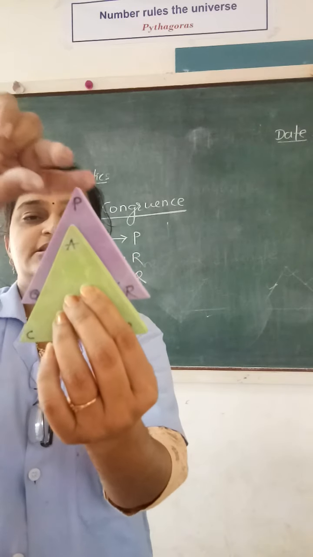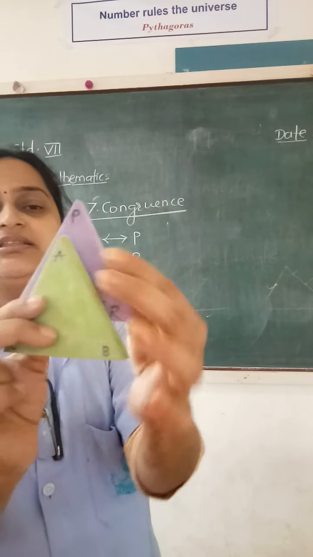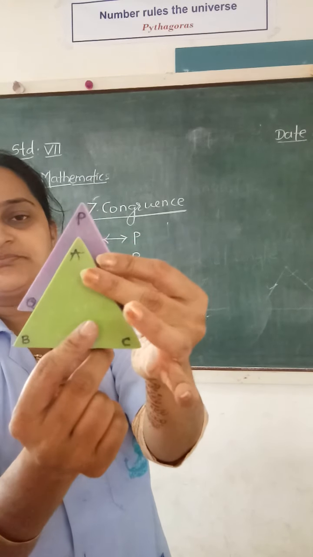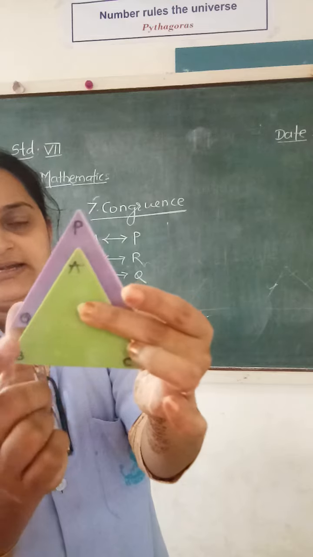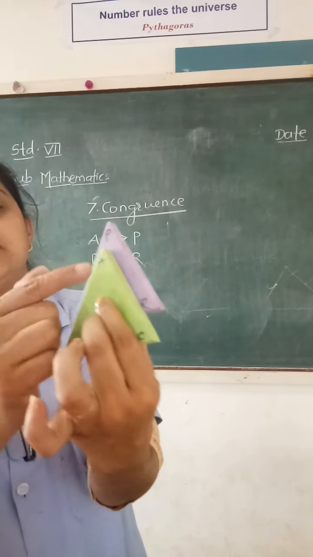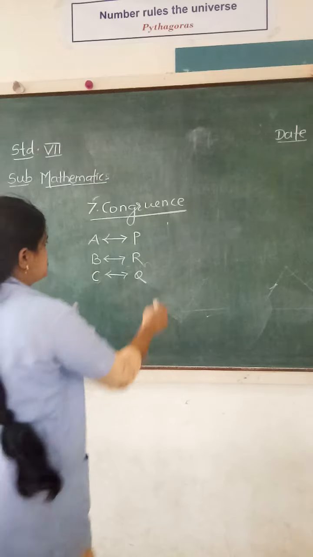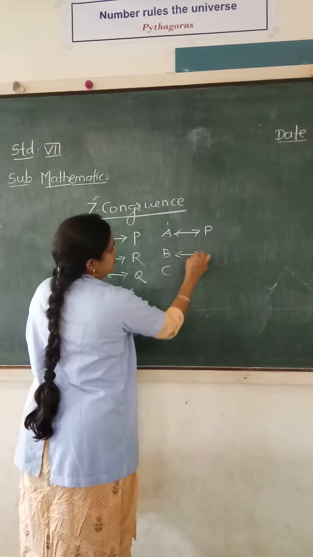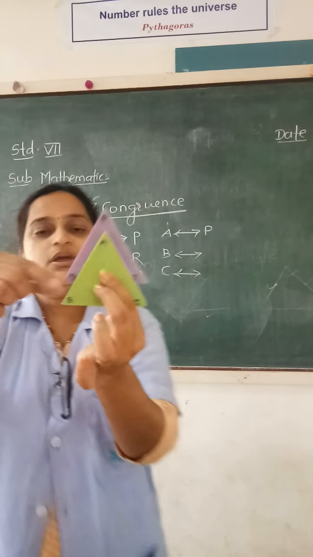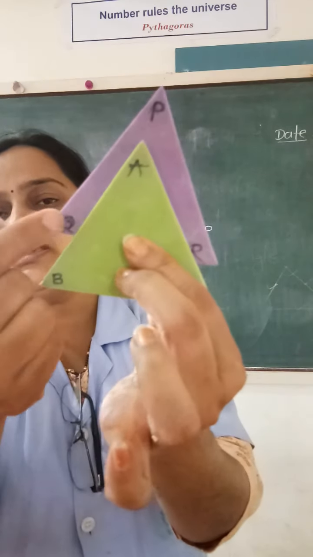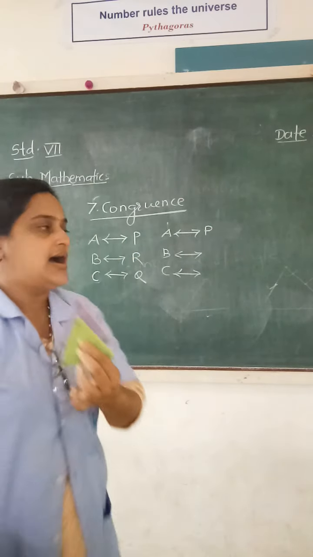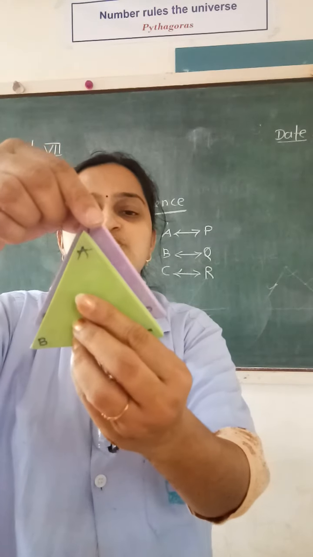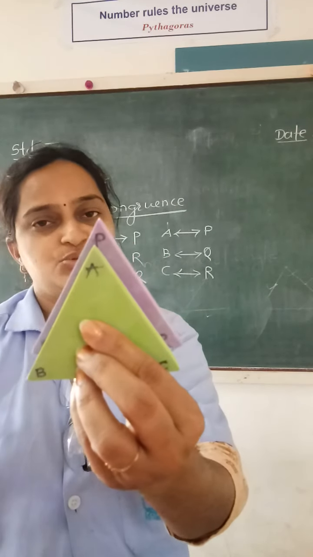Now what am I going to do? Just see. I will just turn this. This triangle is right like this right now. I will just turn it upside in this way. Okay, rotate it. Now what has happened? See, now A matches to P as it is. So I will write the correspondence. A matches to P. Let me see now where B and C match. Now B matches to which vertex now? See, Q, and C matches to R. Okay. So this is another way in which I can show the correspondence of vertices of these two triangles.